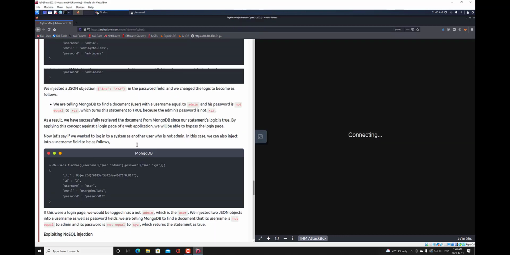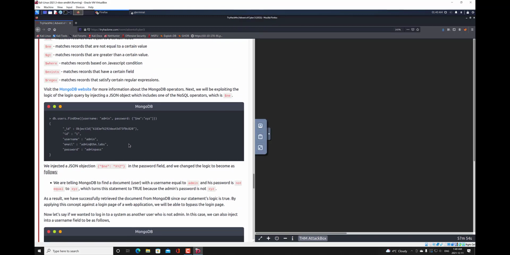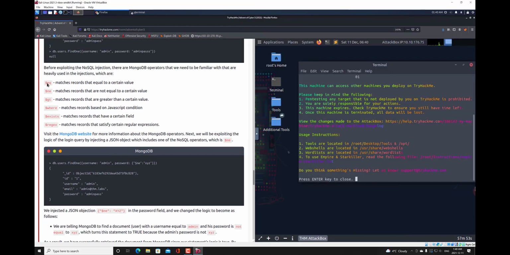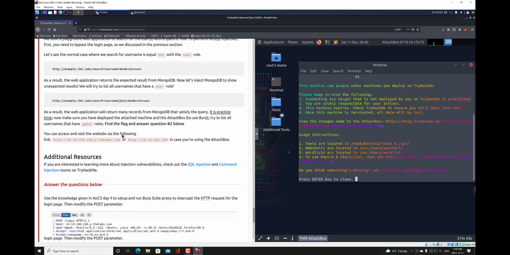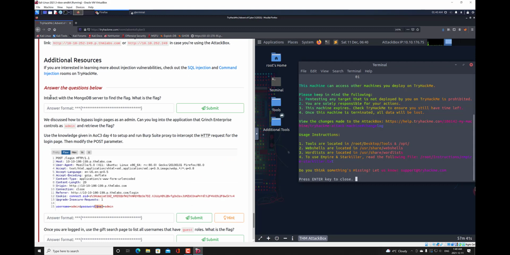I'll recommend you go through all this. This is very good information. I learned a whole lot about these commands in MongoDB, like the dollar sign with the eq, the dollar sign with the ne. Pretty good stuff, man. So for this, it says interact with the MongoDB server to find the flag. So first and foremost, let me just